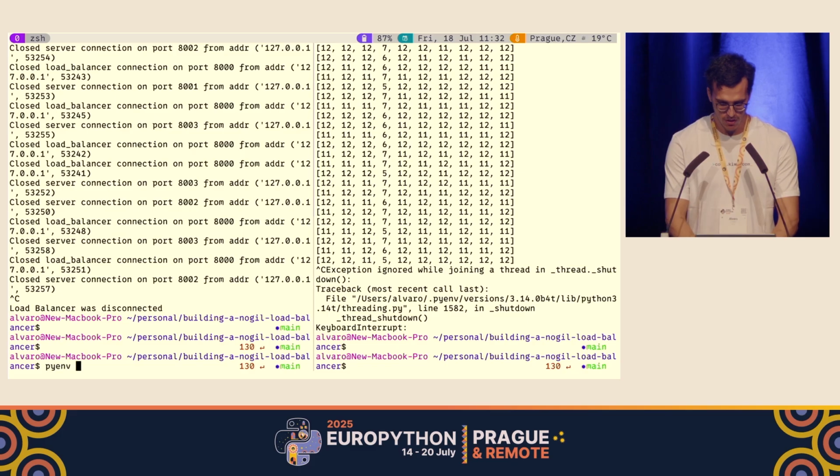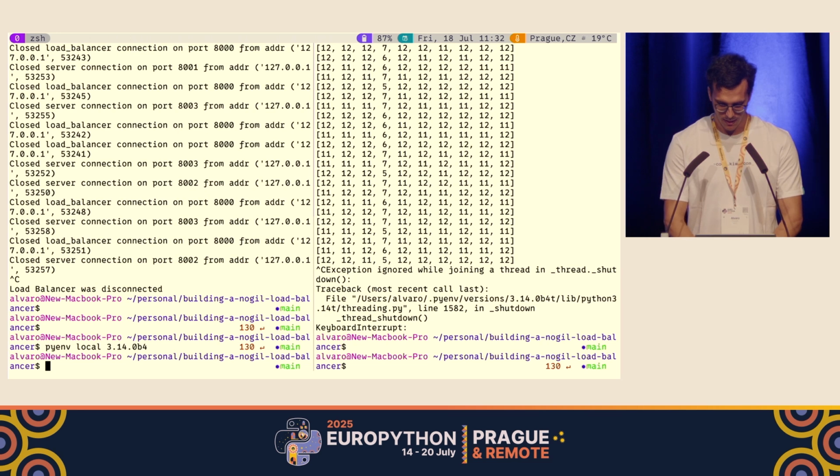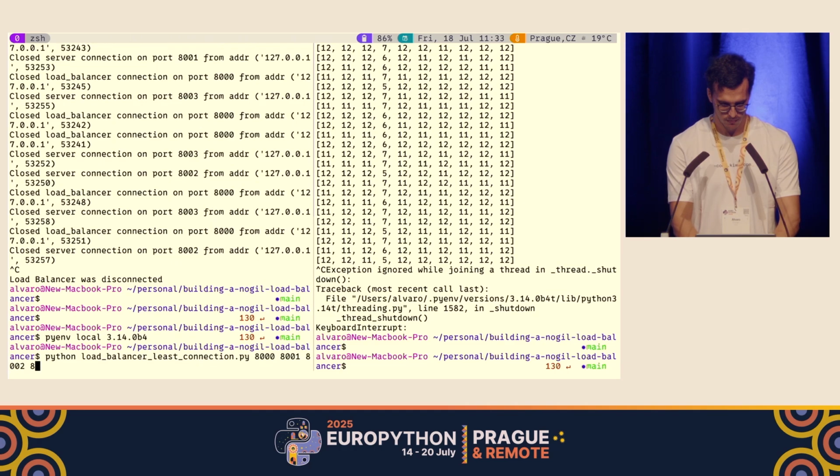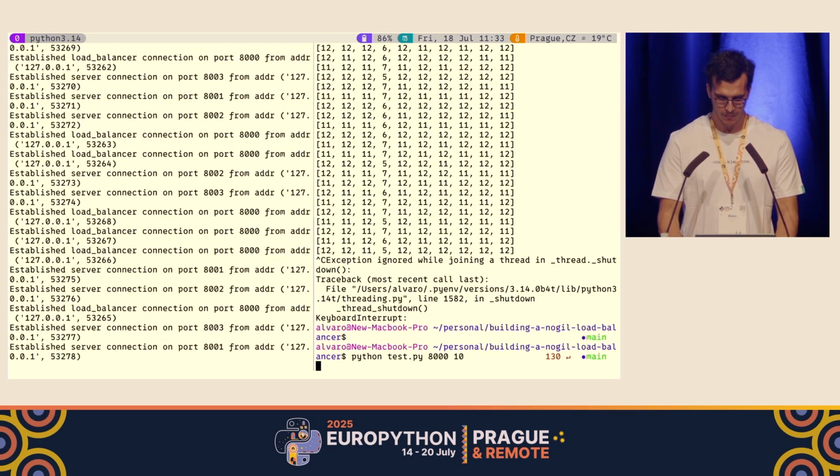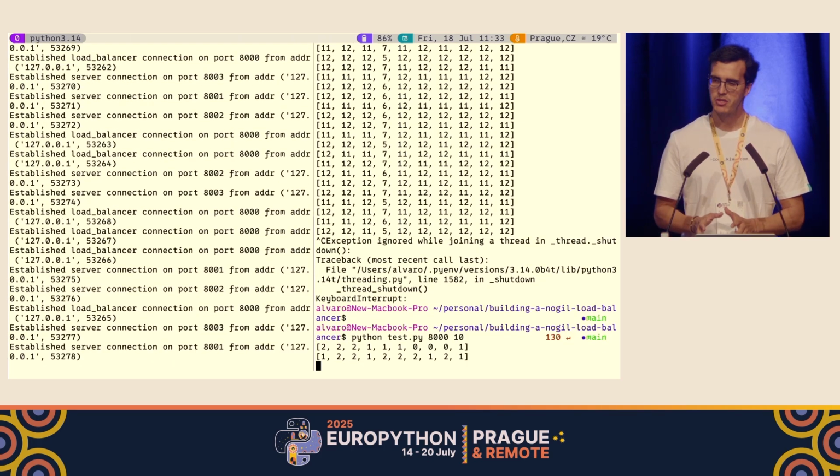If I go back to the GIL version of this, and I go with the load balancer, the same load balancer that I was using again, and I try to run these 10, the numbers go way down.